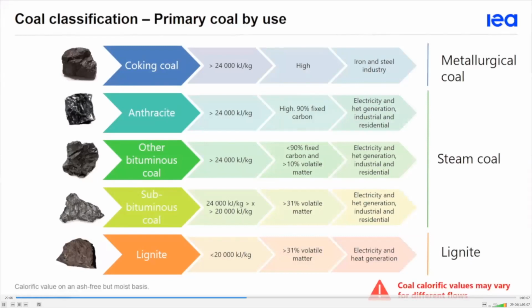One important element to keep in mind when you talk about coal statistics is that calorific value may vary depending on the flows you are checking in your statistics. For example, the calorific value in your production might not be the same as the one used in your consumption in electricity and heat generation, because of the selection of specific coal quality for specific consumption and the mix with the trade of those products.